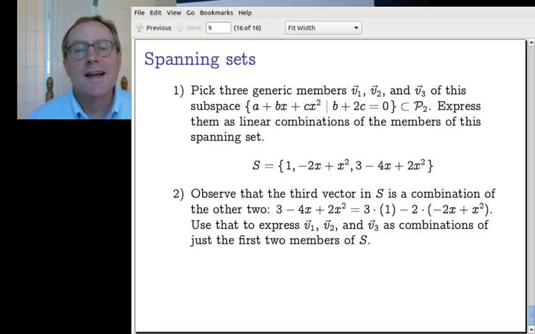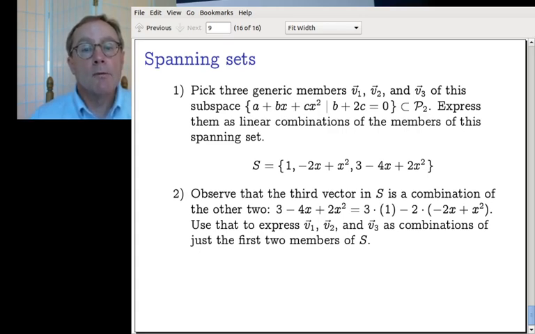Hello, hi. Okay, so last time we saw that you can best describe vector spaces, subspaces, or spaces in general, as a span of a collection of members. So all linear combinations of a collection of members, which is called a span. So the check-in here today is trying to illustrate that important idea,